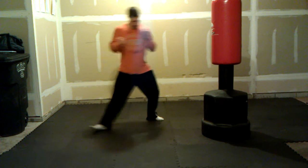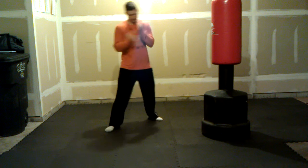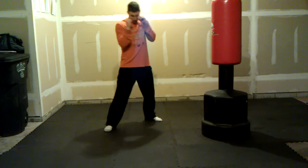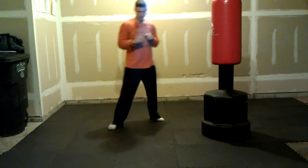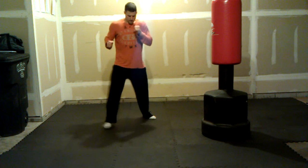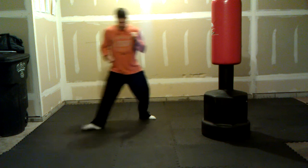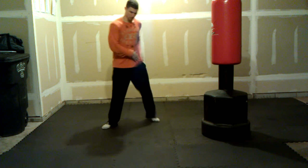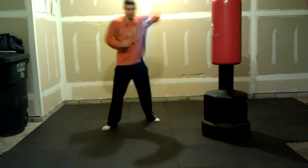You're going to step. Okay, and this hip is going to whip up into your target. Okay, you try to keep your guard up when you throw it, and you're going to pull your hands to keep yourself in balance. So if I'm throwing it out at 45, leg's going to turn at 90. You can almost get a kind of hop into it and whip that hip through, okay, to create a powerful